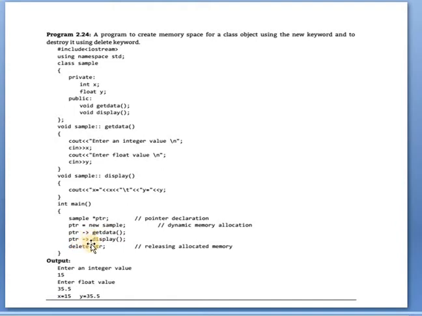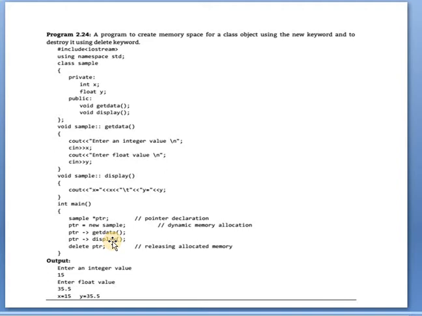Now this is the operator to get access to the member function. Arrow is the operator. So ptr arrow getdata, it is a member access operator, ptr arrow display.